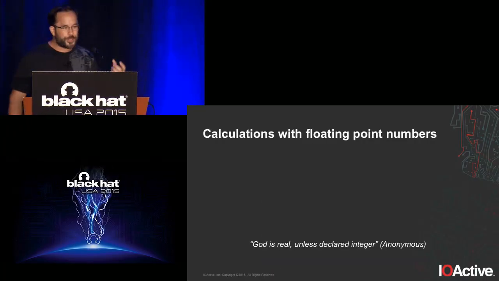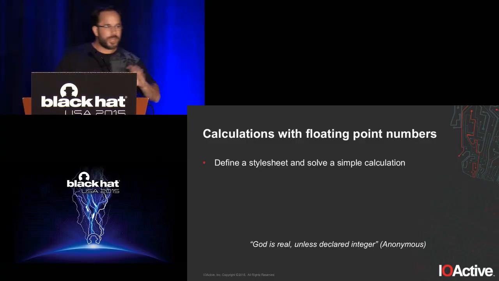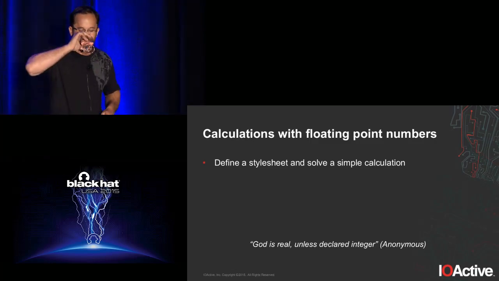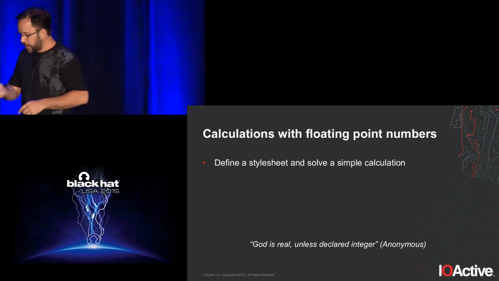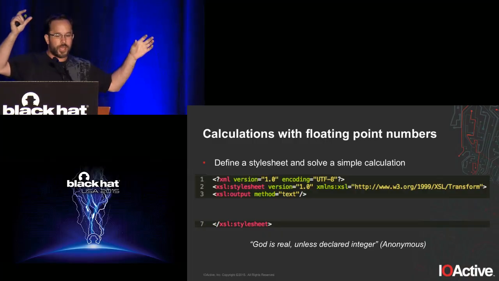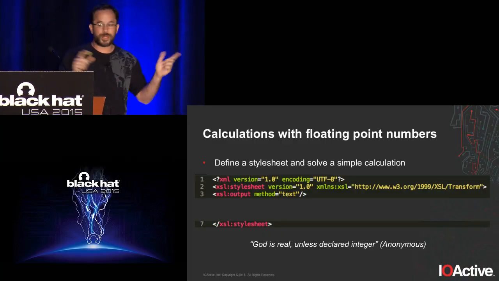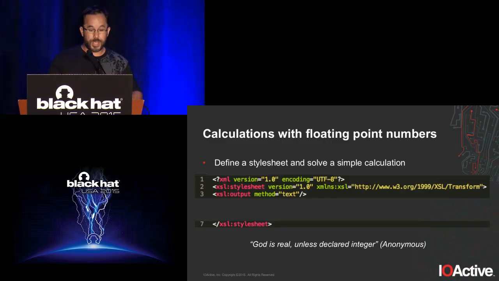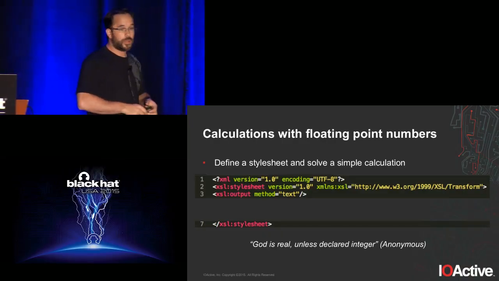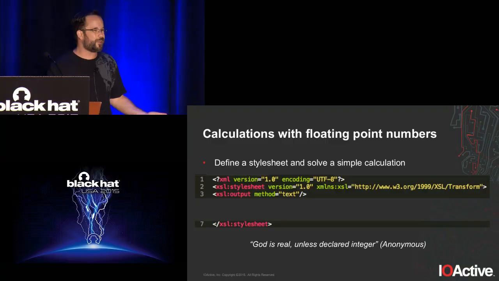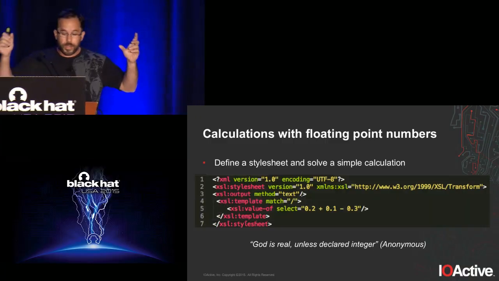So I initially tried to make a simple thing, defining a style sheet where I would try to solve a simple calculation. Every XSLT file will have this structure. You can recognize an XSLT because it will have this. It may or may not have the first line where it says that this is an XML document. It will have the stylesheet tag saying that, okay, I'm a style sheet, this is the version that I'm using. It may or may not have the output that it's trying to produce. And of course, it will close the tag at the end, just like we would do in HTML. And in the middle, I will have that